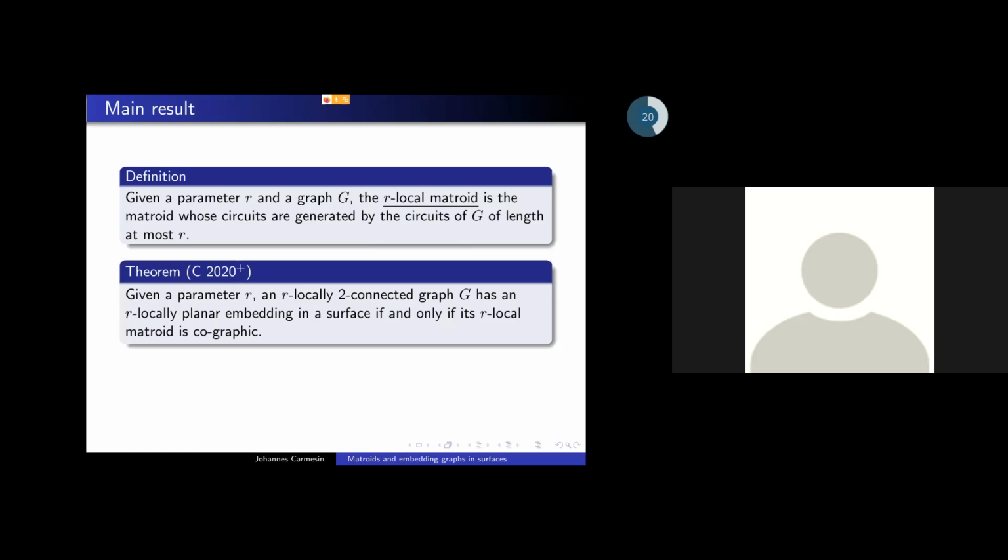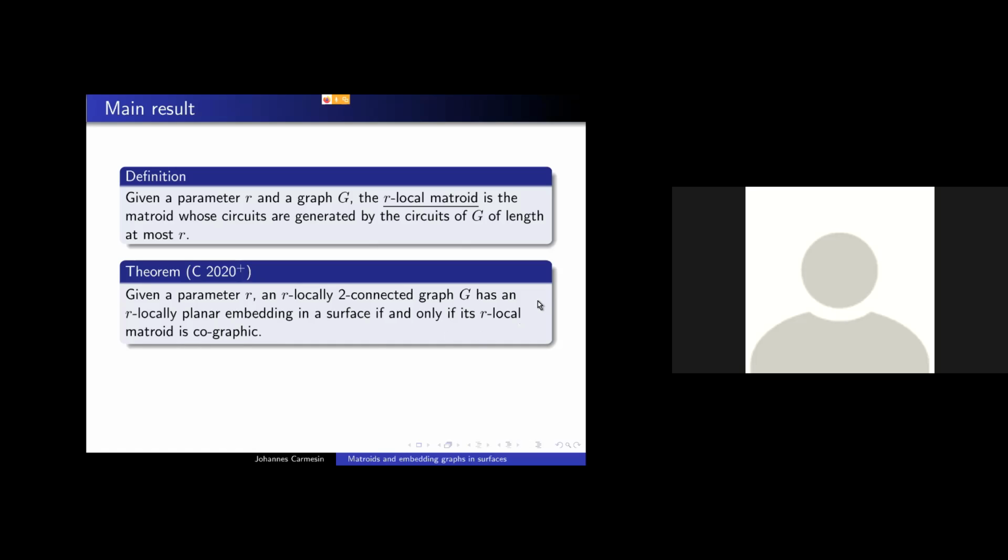Right, but for now, let everything be binary. Whenever I say generate, it's always binary. And this is the main theorem of the talk, which says the following: you're given a parameter r, and an r-locally 2-connected graph. For now, please ignore this assumption of r-locally 2-connected. On the next slide, I will tell why it's not important, or why you can generalize beyond this condition. But for now, let's just have it here, to keep things simpler. Right, so you have a graph G, and it has an r-locally planar embedding in a surface